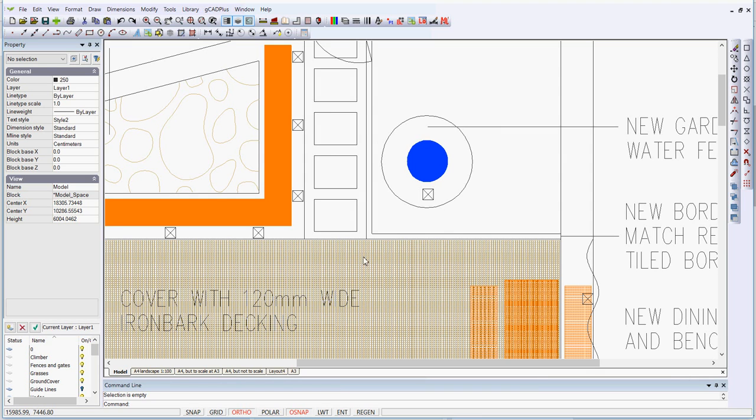The design here features a number of paving bricks that run from the bottom of the decking towards the boundary. If we measure the size of those paving bricks with the distance command, I'll turn Entity Snap on and snap from one corner across to the other. You can see that the paving brick is 800 wide by 600 high, or deep. What I'd like to show is how you can draw paving bricks like that using a number of different